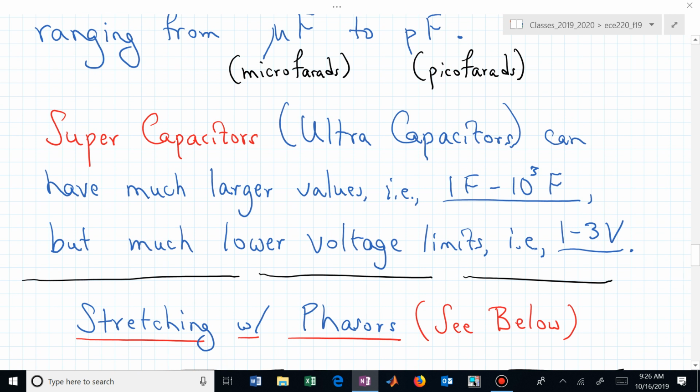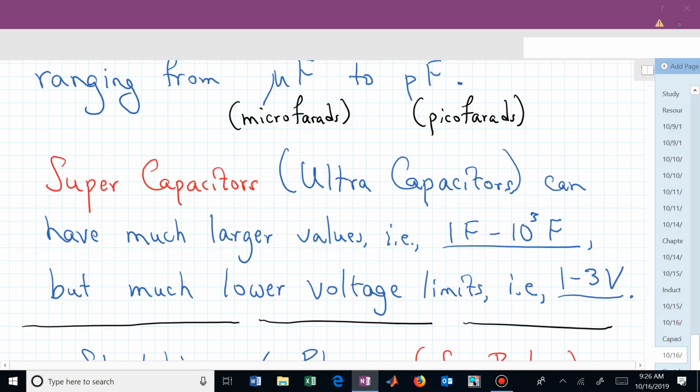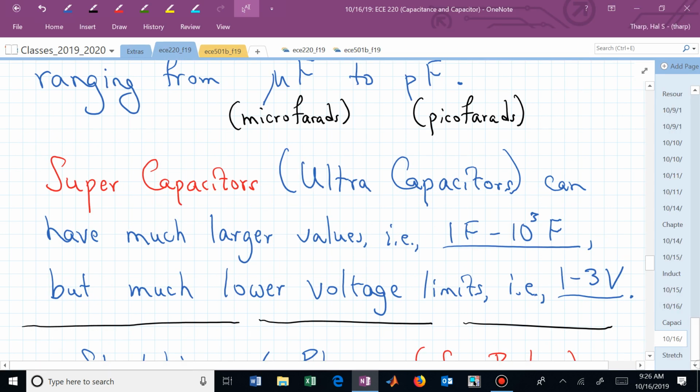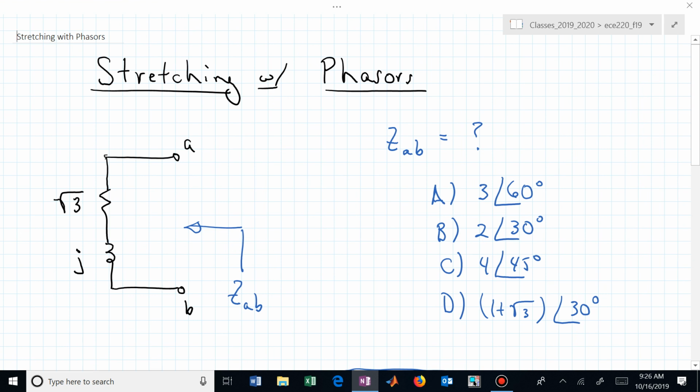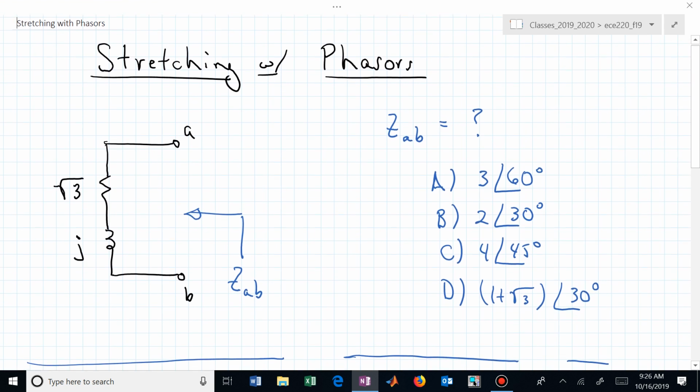Okay, it's time for some calisthenics. Let's do some stretching with phasors. This is for tomorrow. This is getting us ready for the exam. And I'm even making it multiple choice. I'm giving you now a connection of a resistor and an inductor, and I want you to tell me, oh,